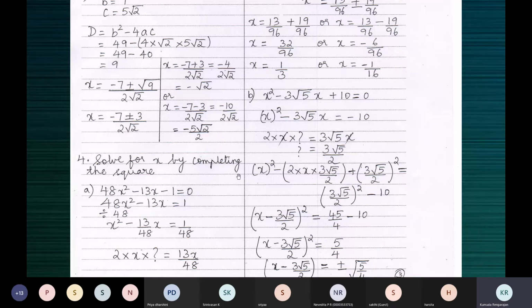Completing the square is 3 terms. As per that identity, a square plus 2ab plus b square. When you have 3 terms like that, those 3 terms make a perfect square because they can be written as a plus b the whole square or a minus b the whole square. So here we have something like p square, or something like minus 2pq, but we don't have a suitable term that can be plus q square. So that's the method we're going to see here.